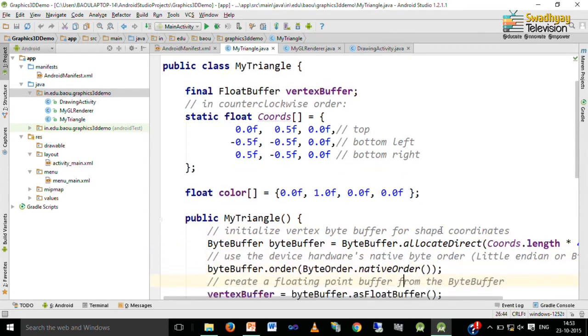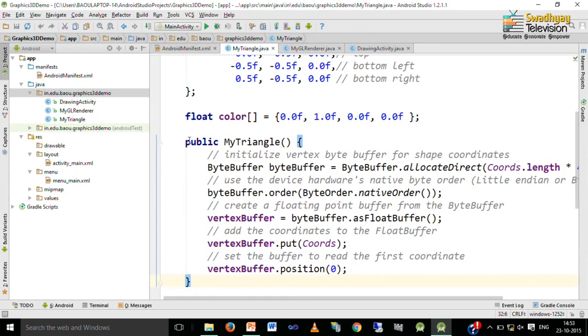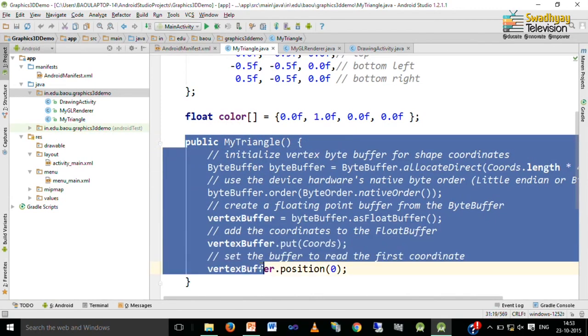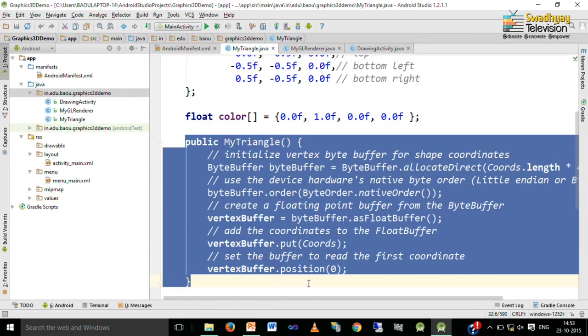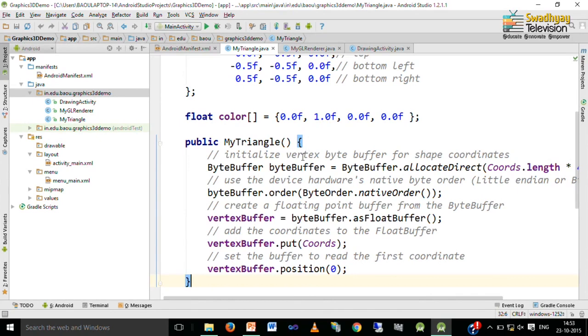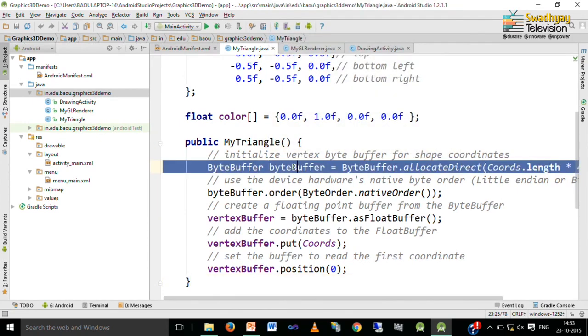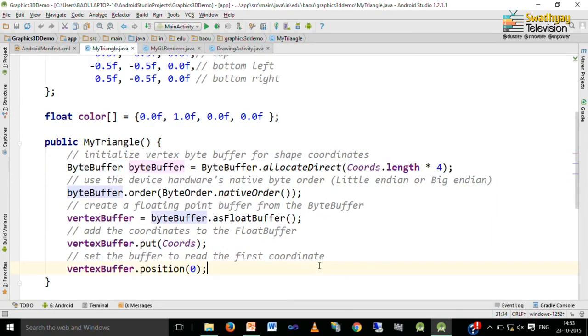Now, this is our constructor, and inside the constructor first we have to create one memory area, which is called a byte buffer. So, we have to initialize the vertex byte buffer for shape coordinates.